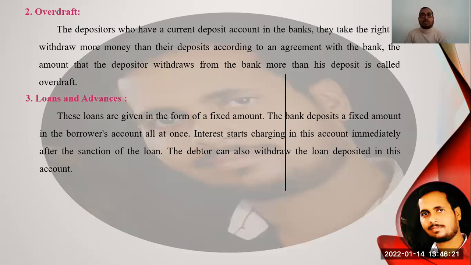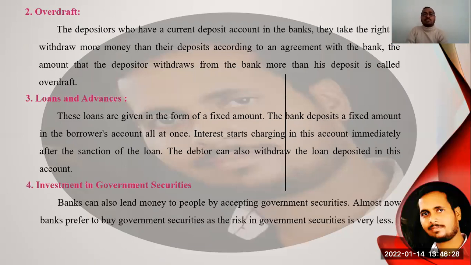What we say is, we are going to take a loan from the bank, so that loan deals with this account, students. Now the fourth one is the investment in government securities. Sometimes we have to invest, and we want to take a loan against that deposit, because that deposit is not to be completed today, but we need that money, so we deposit that bill as a security in the bank and get the